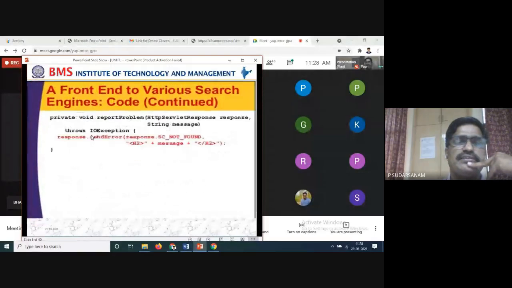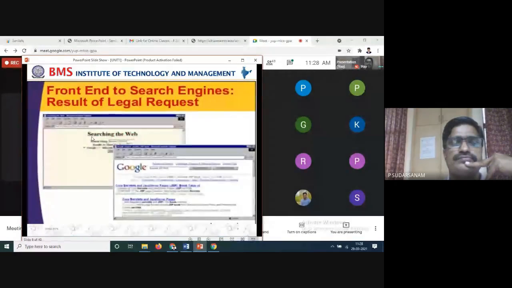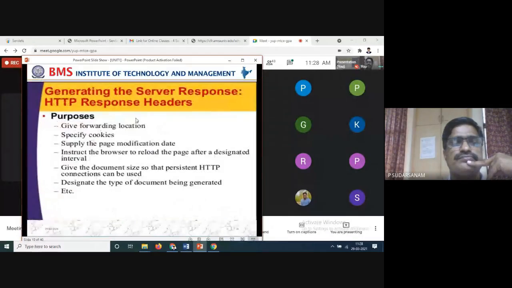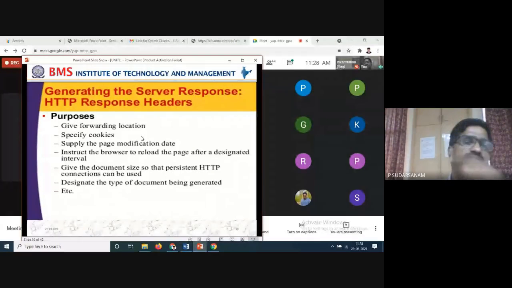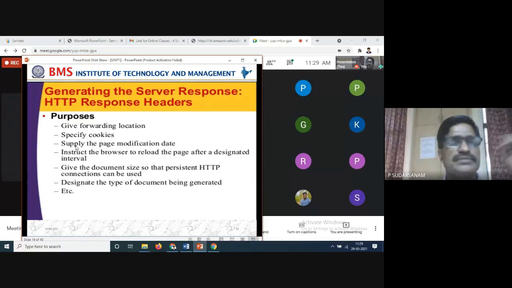Let's see that one. Now, generating the server responses, HTTP response headers. So how will it be responding with the headers? When you are forwarding the location, you have to specify the cookies address of that one.